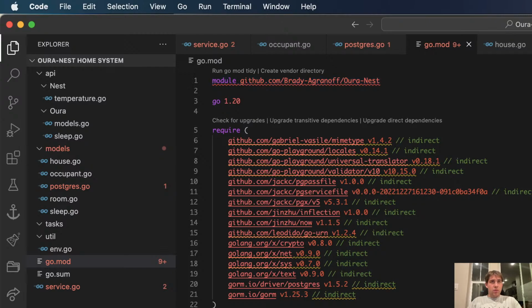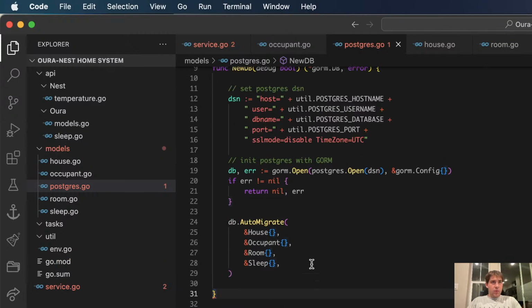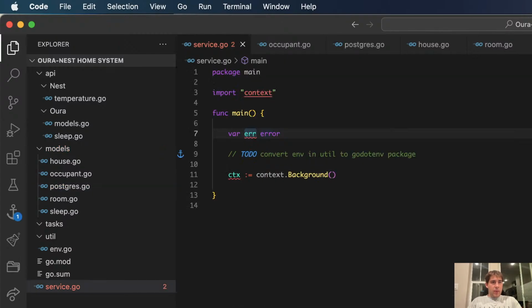Okay. Okay, that's interesting. That's the return. We want to return a DB. All right, this makes sense. Let's take a look at how we do this here. So we have, that's a new DB function, right?